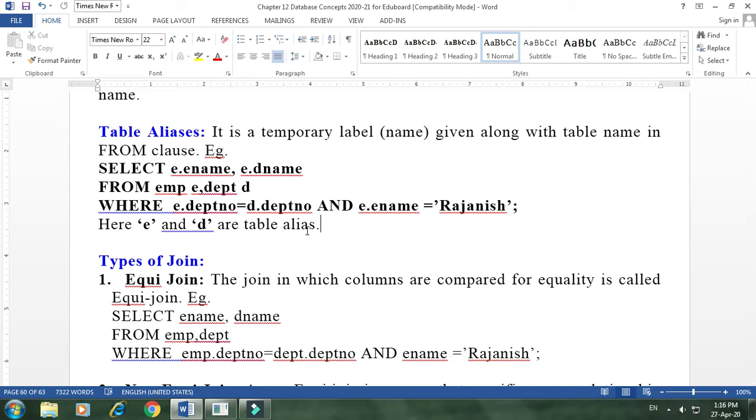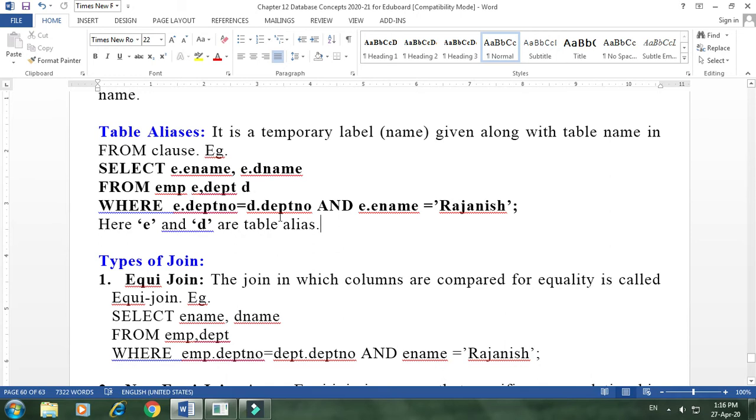We have already learned column aliases, to give a temporary name to a column in a query, because sometimes when a column comes from some expression, the column name is not there. So in that case, we have to provide some name. That was a column alias. And now a table alias is a temporary name we provide to a table for the query only. After the query is over, it has no importance. I hope it is clear, and how to give it.